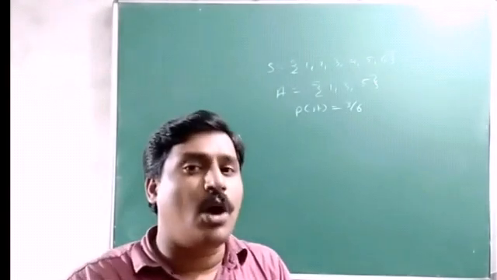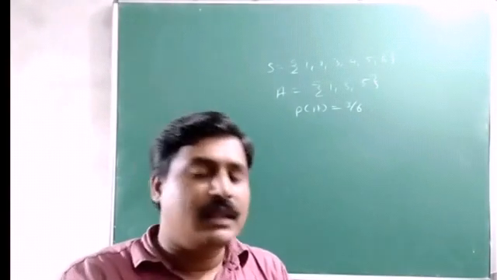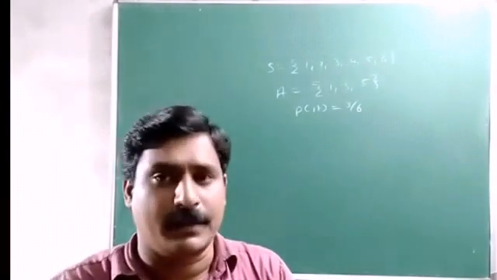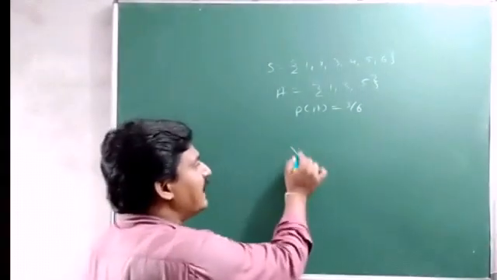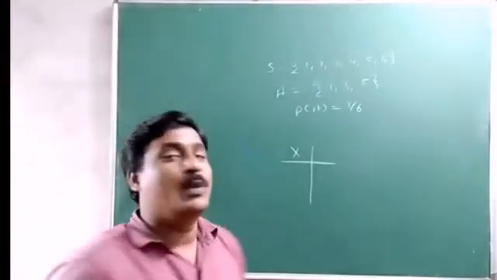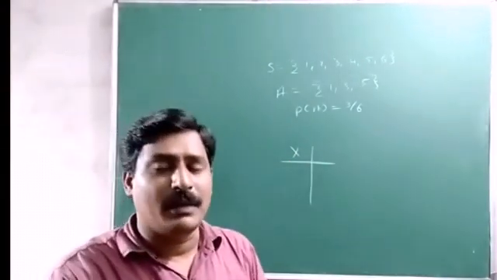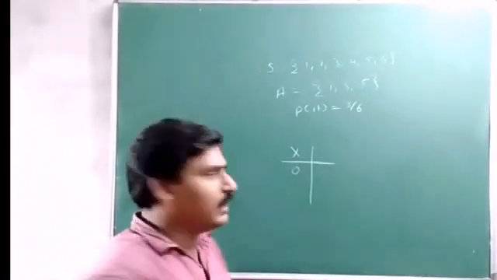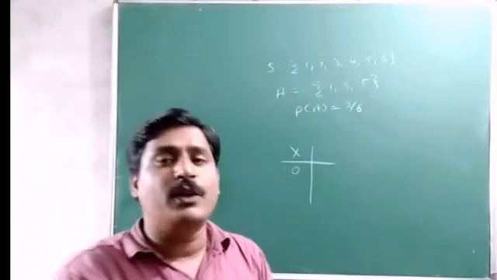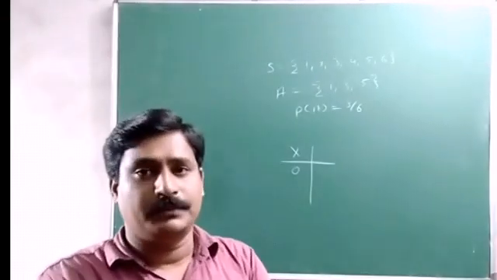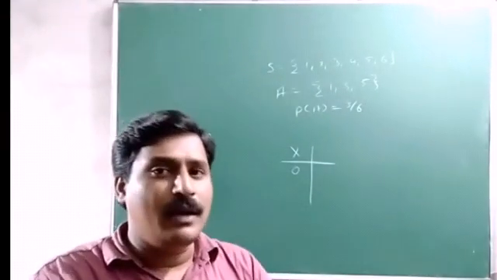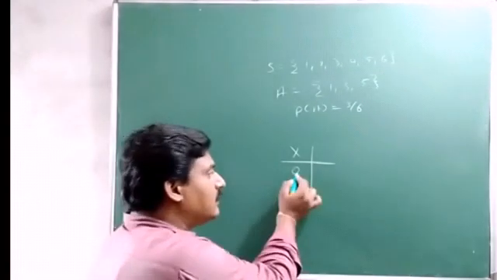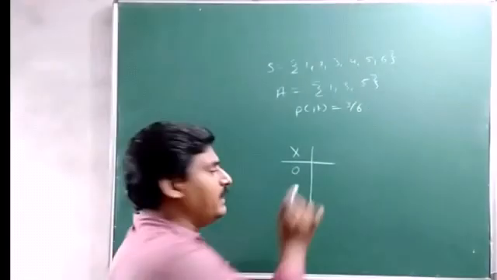I want odd numbers. Other than that, I have only one other choice, that is not an odd number, or an even number. Okay, so X is a random variable which counts odd numbers. So 0 indicates no odd number, or the result which I don't want, or failure. If I get an odd number, that is referred to as what here? Success. So 0 and 1 mean failure and success.